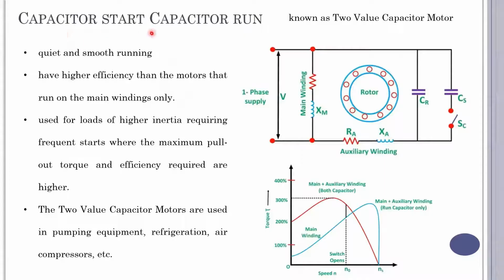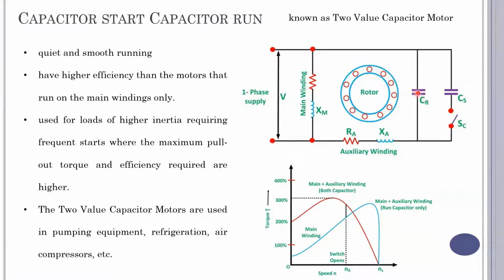And this is the next type of induction motor, which is capacitor start and capacitor run induction motor. So here we are going to use two capacitors, and hence it is also known as two value capacitor motor. This is the schematic diagram of a capacitor start, capacitor run induction motor. So we have the main winding, and the auxiliary winding is connected through two capacitors. So we have a starting capacitor followed by a centrifugal switch, and we also have one more capacitor which acts